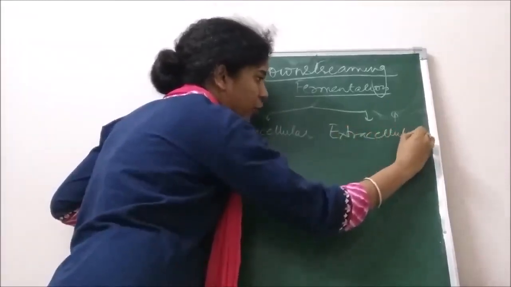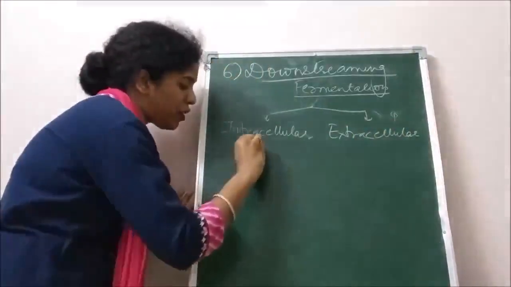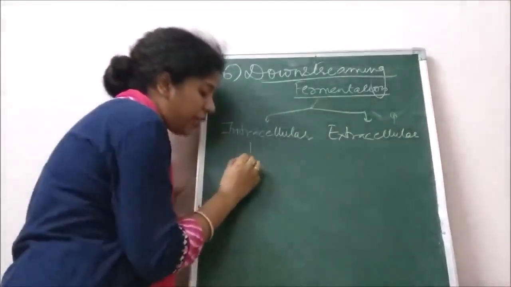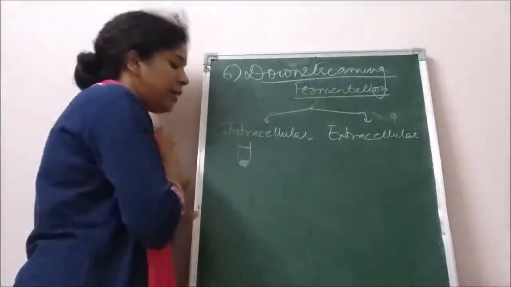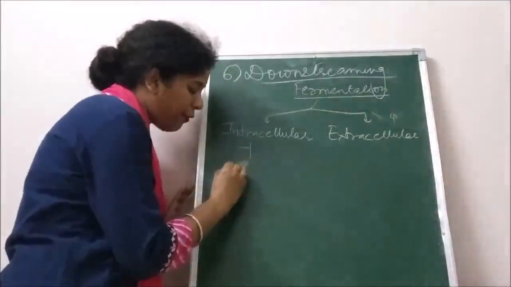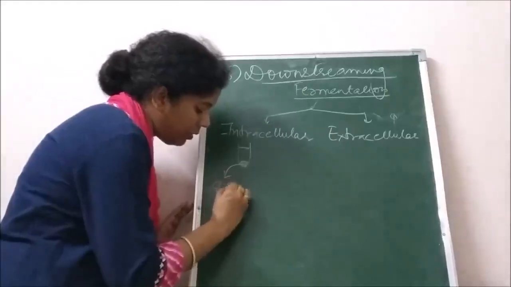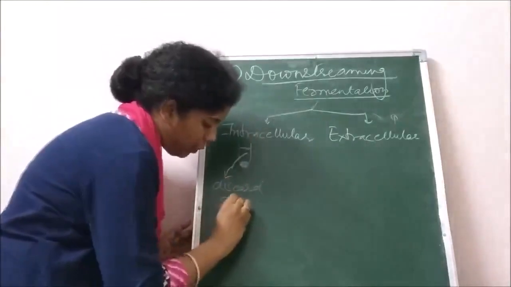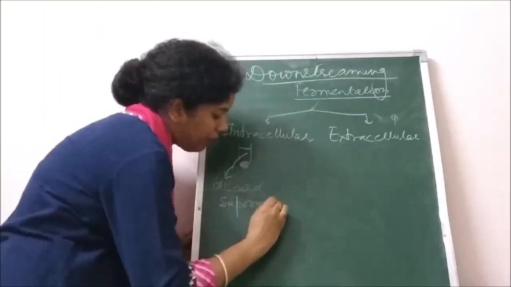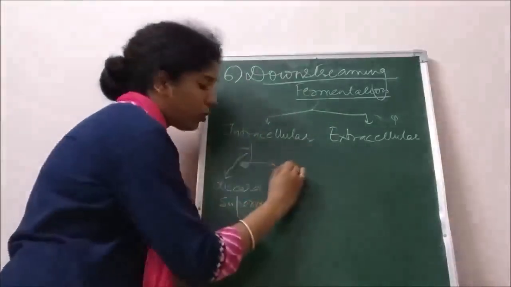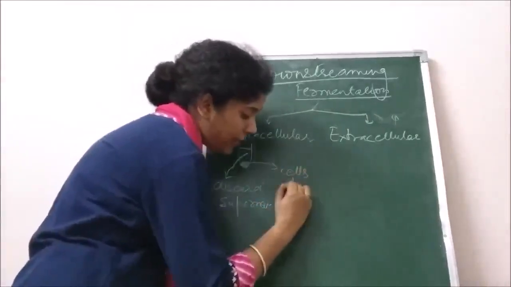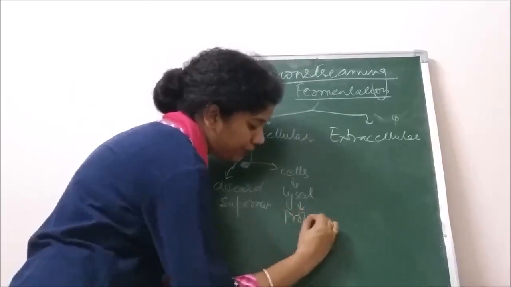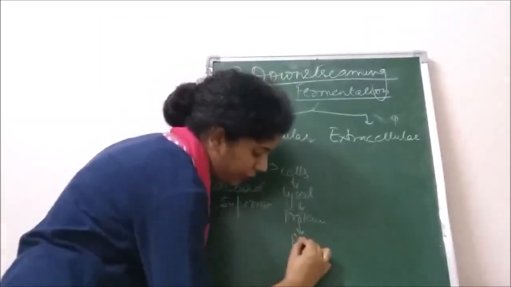In both the intracellular and extracellular cases, we are going to first do the centrifugation. For example, if the protein is inside the cell, we need the cells, so we will do the centrifugation. The cells are going to settle at the bottom and we are going to discard the supernatant, because the cells are having our desired protein. Then we take out the cells, they are going to be lysed, and the protein is going to be extracted and purified.